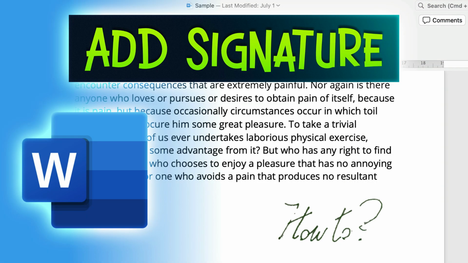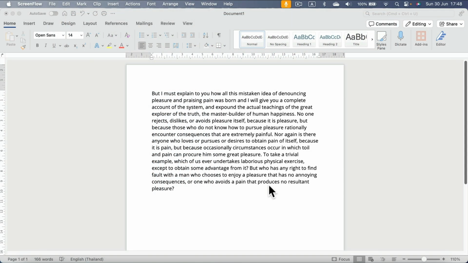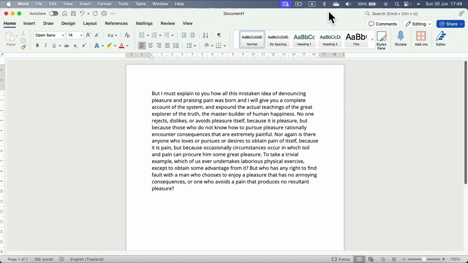How can you add a signature to your document in Microsoft Word? The easiest way is to simply sign a piece of paper and snap a picture of it with your mobile device. This way, you will end up with a very natural, realistic signature. You don't need to be too serious about cropping and light, because we can fix that here in Microsoft Word. So sign a piece of paper and snap a picture of it, then drag and drop this